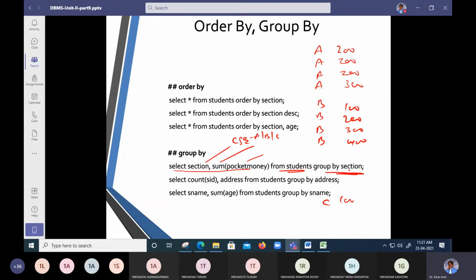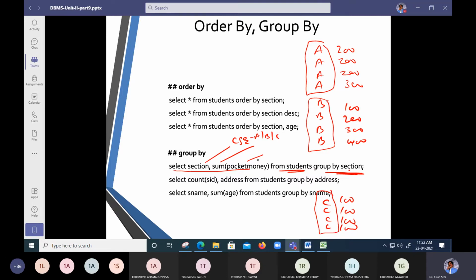All the C section should be ordered. See how much complexity is involved. First one, group by section name. So all the A section should be as a group, all the B section should be as a group, all the C section should be as a group. That is condition number 1.